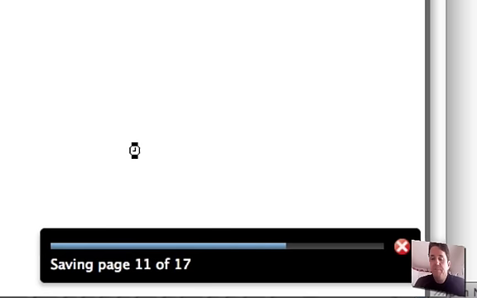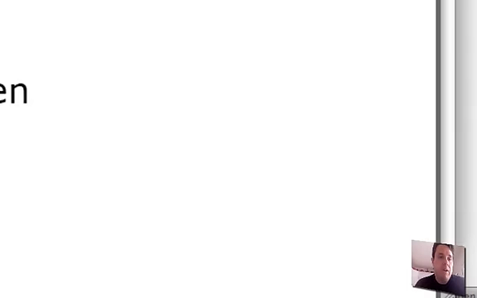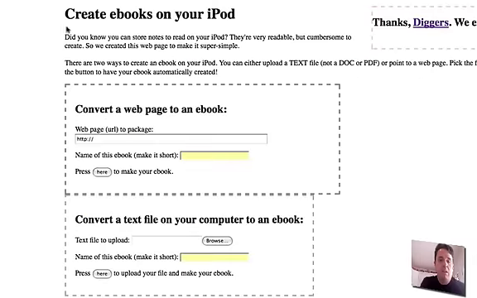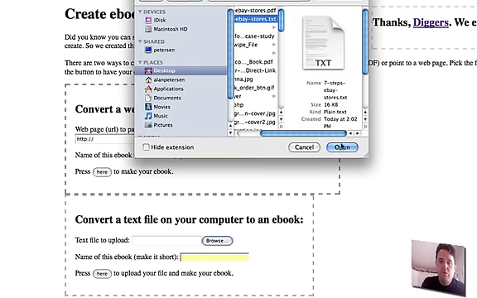All right, now once that's ready, it's already been converted to a text file. What we need to do is get this ready and make it iPod-friendly, and the best way of doing that is by using a site. I like to use iPod-notes.com. Basically you just browse, and here it is, here's a text version of it. Click Open,